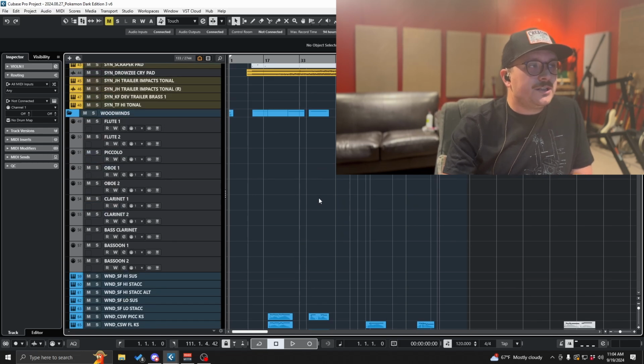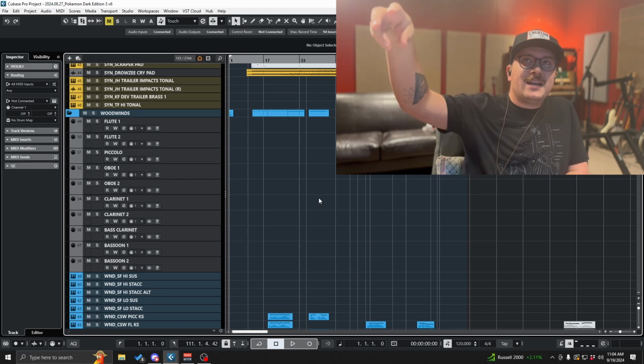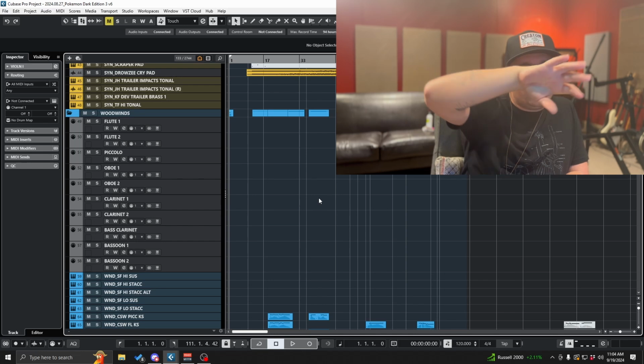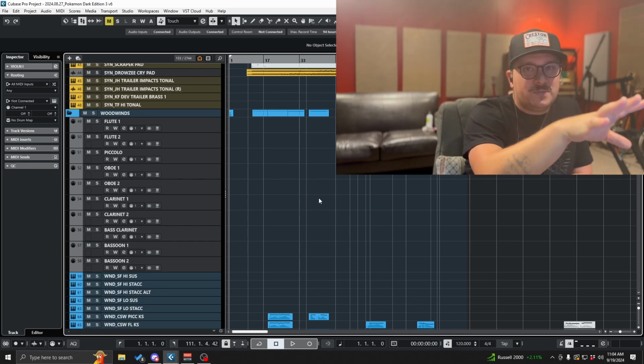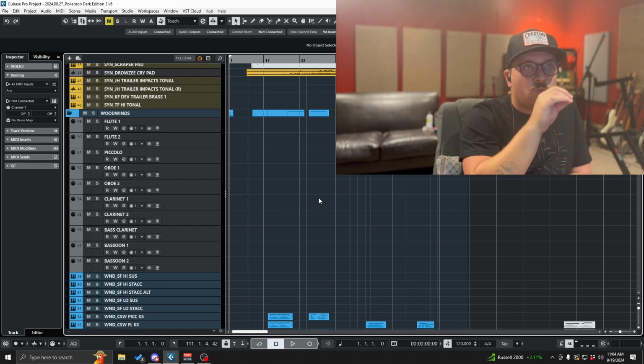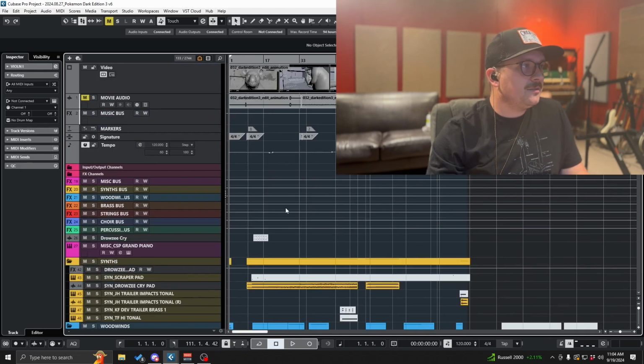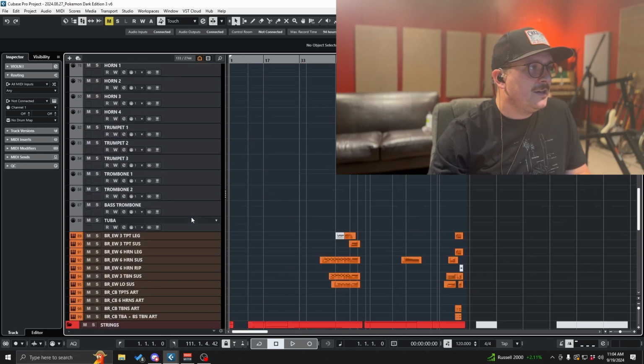I work in Cubase all day, every day, and so I am fastest in a DAW. And so what I realized was if I offload some of the work from my notation software and do it here in Cubase, I can orchestrate way faster. And so what that looks like is if you look here in my template, I have my different instrument groups,